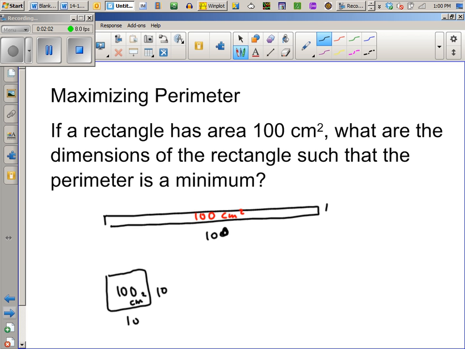Maybe you took an SAT class where they taught you that when you're given a fixed area, the regular polygon is the one with the least perimeter. Did anyone ever learn that? It's a great skill for the SAT. We're going to prove that right now. Okay, so